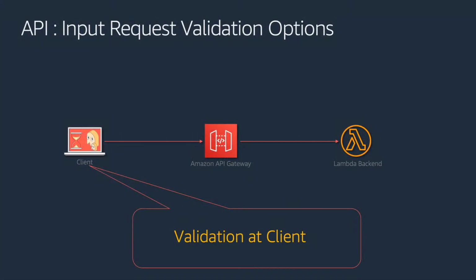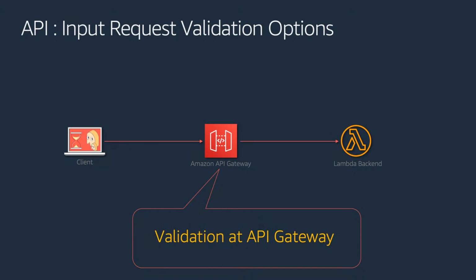So when you take a serverless architecture like the one that we saw earlier, you can do validation at the client side, that is on your browser side, where a simple example that is easy to correlate is the username and password field, where username has to start with alphabets or numbers or special characters depending upon the application. Password will have special characters, 20 characters, 30 characters. So you can do some validation at the browser end, but in my opinion it is not enough to do it at the browser end, because you can spoof your browser and send a malformed request and corrupt your backend as well. So you need to do some validation at your backend as well.